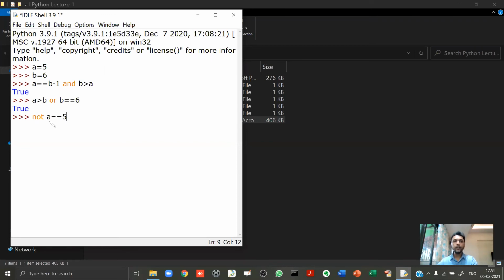Now over here, first of all, A equal to 5 will be evaluated. So tell me one thing, is A equal to 5? The answer is false. Now what is not false? So not false will become true and you get, sorry, I goofed up. A equal to 5, that is true, because the value of A is 5. So A equal to 5 is true and not true will become false. So you get the answer false. So guys, this was the logical or the Boolean operators for you. I hope you understood this.